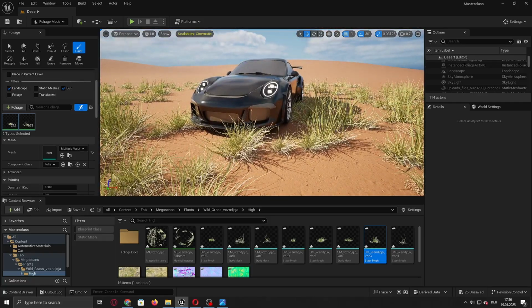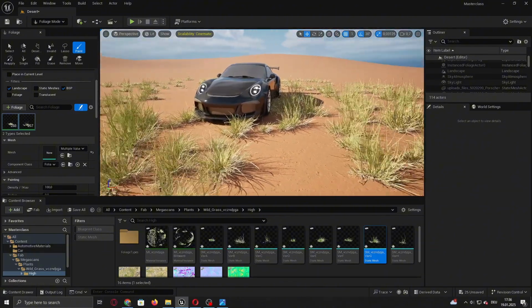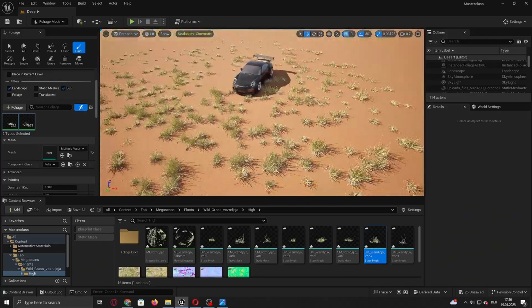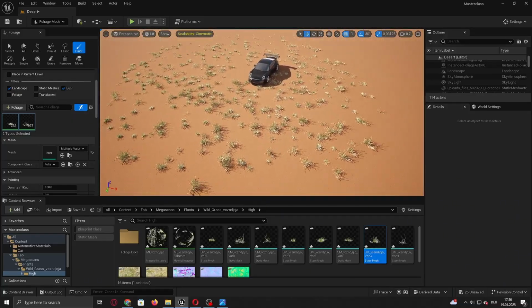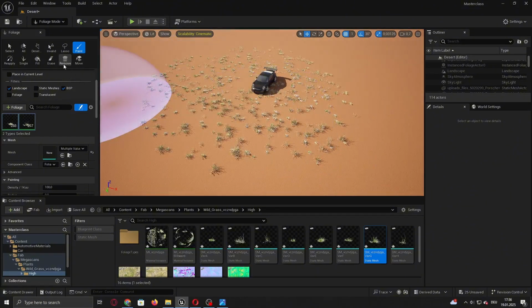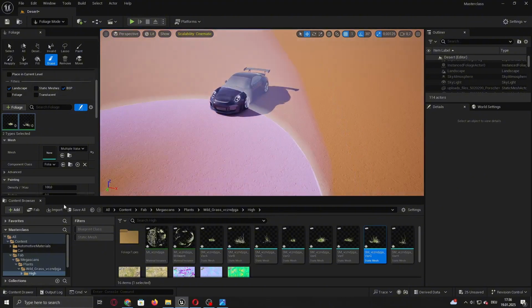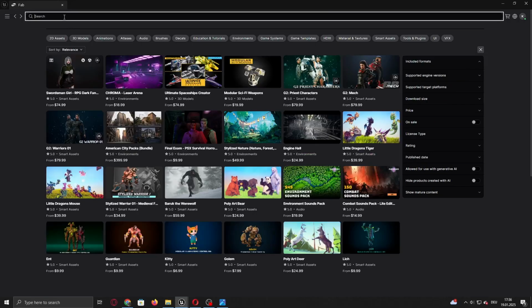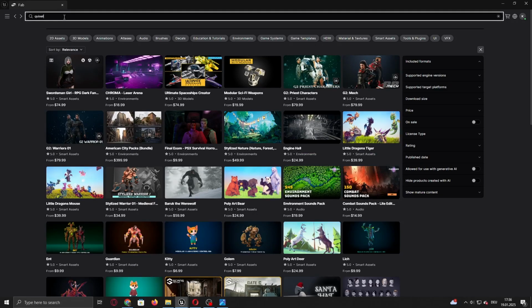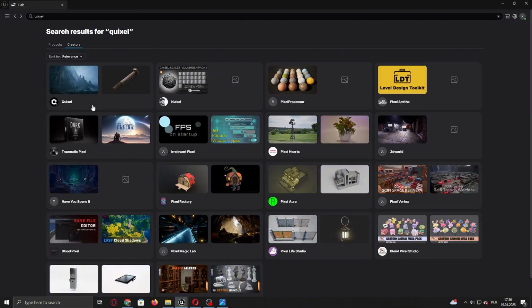I think now this looks pretty good from the density, because we're going to import some more grass static meshes later on. So go to Fab again, search for Quixel, Creators, Quixel,